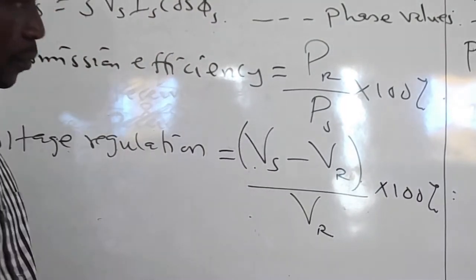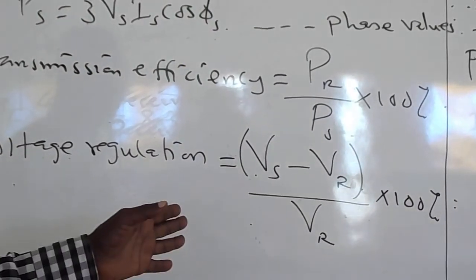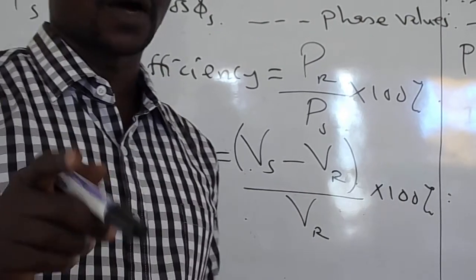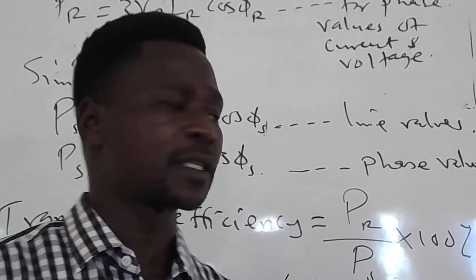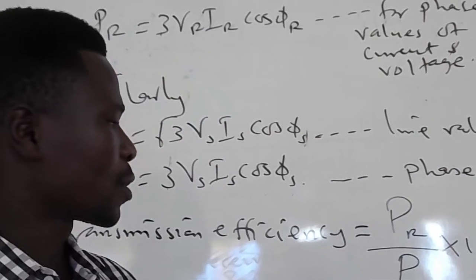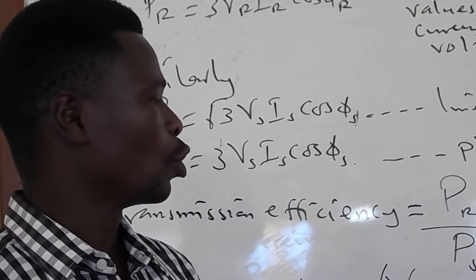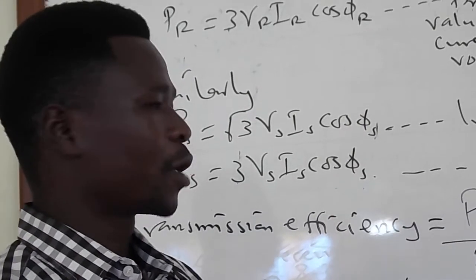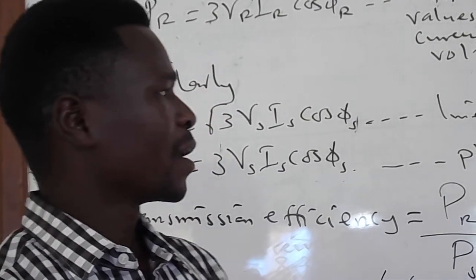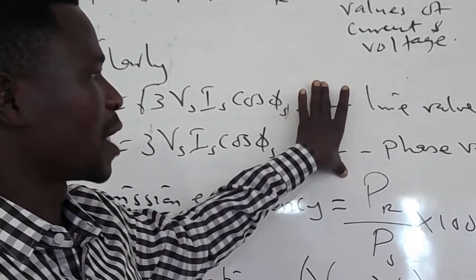Now, that marks the end of the discussion on the nominal T, and in our next class, in just a few minutes' time, we'll be looking at one or two examples on the nominal pi method, so that we apply the expressions that we have derived here